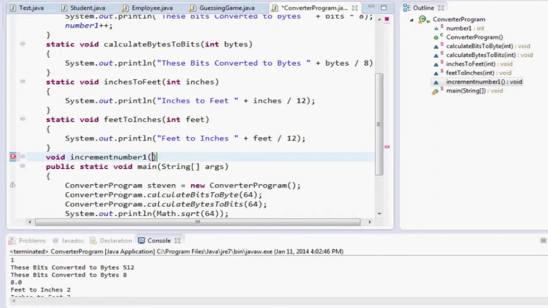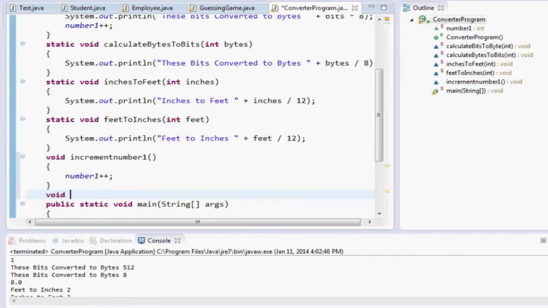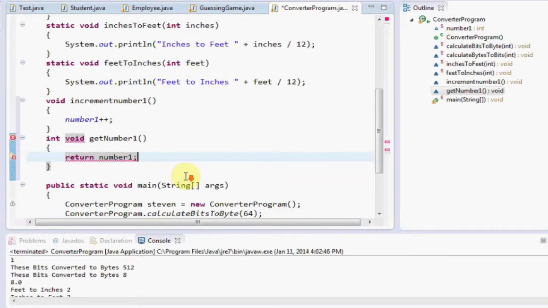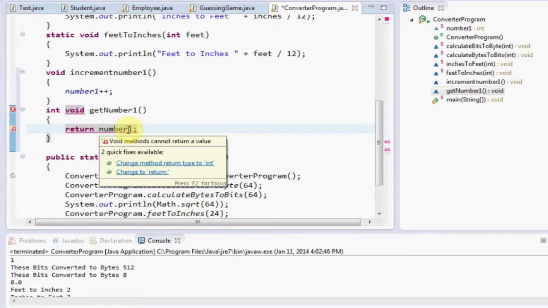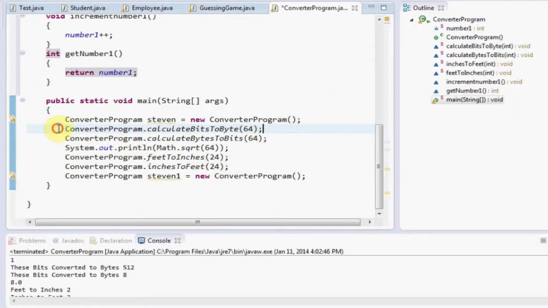I said just that, and then I said number 1 plus plus, and I go out, and I say void get number 1, int, return number 1. Oops, sorry, I put void there. You don't want void. You want int get number 1. Okay, so now if I go down here and I get rid of all this,